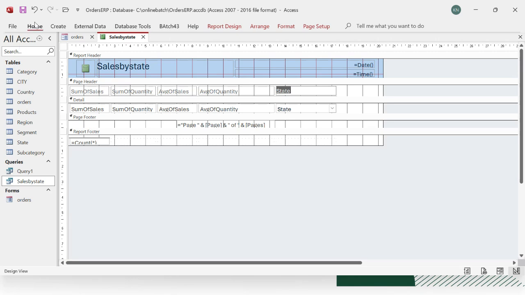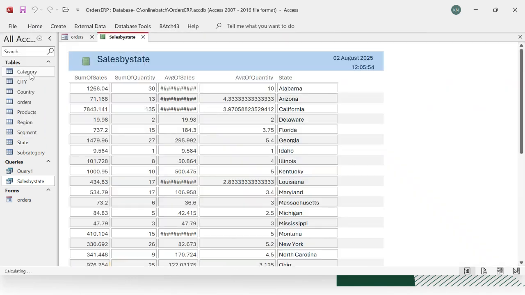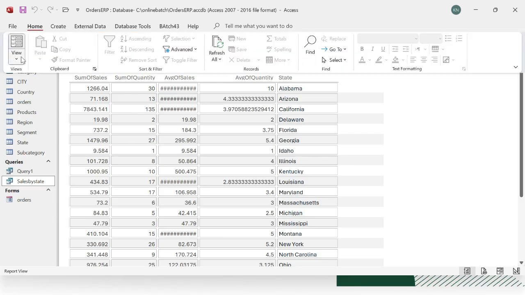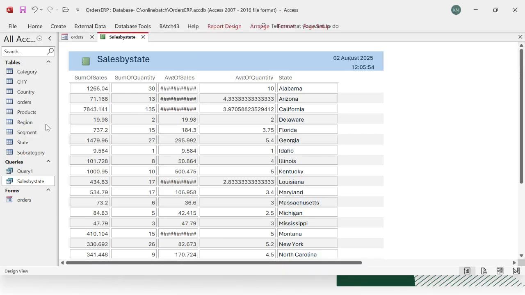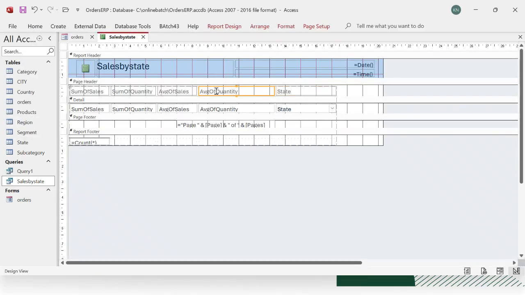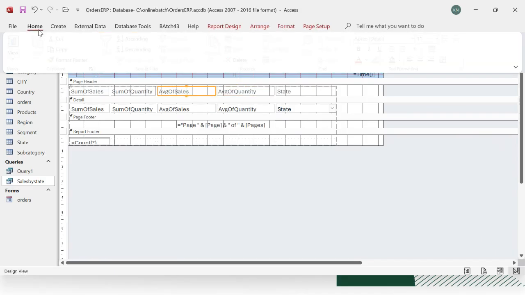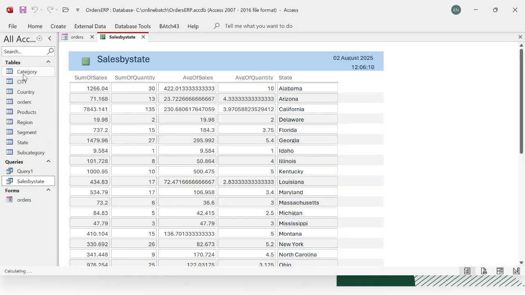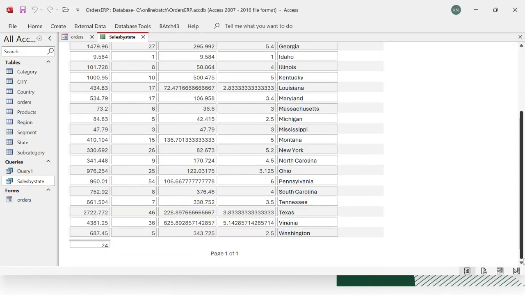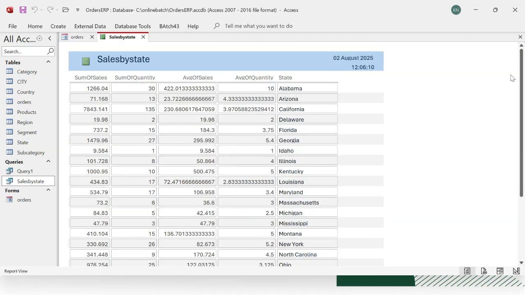Now I can check. Now again, average of sales. Check. See, the report is there. The moment you enter the order, automatically the report will get refreshed. You can check. Now you should